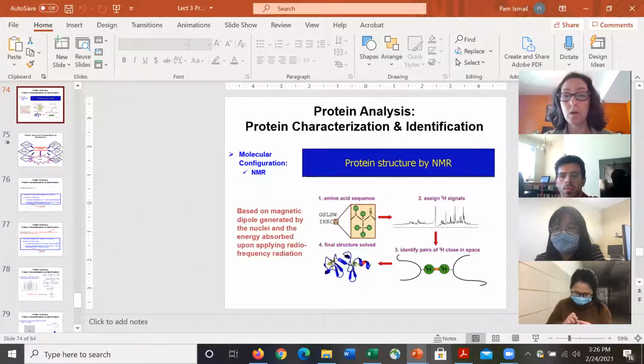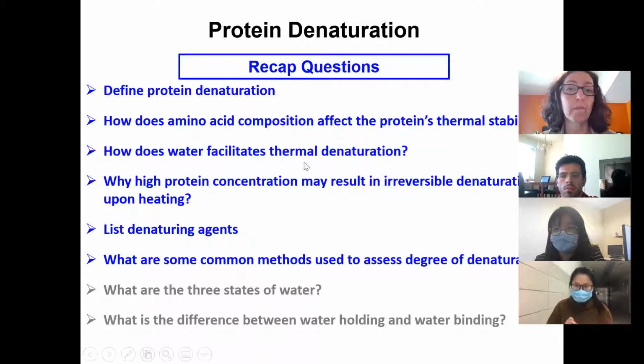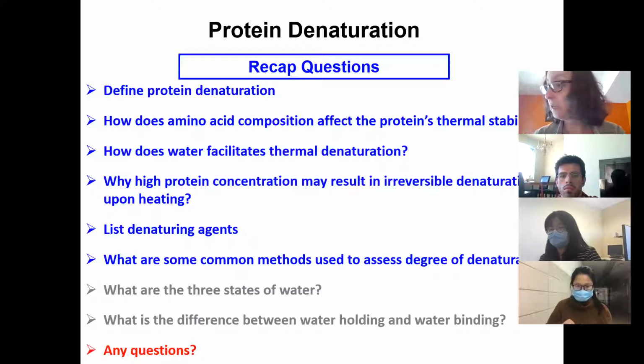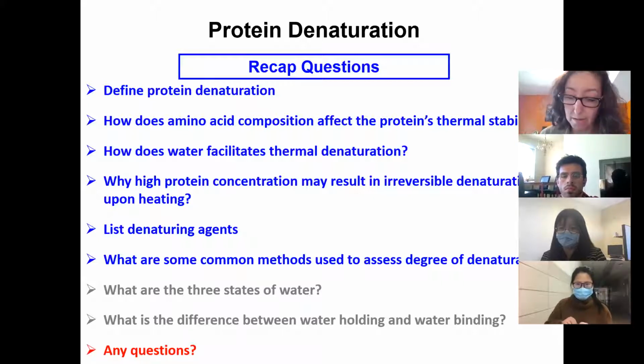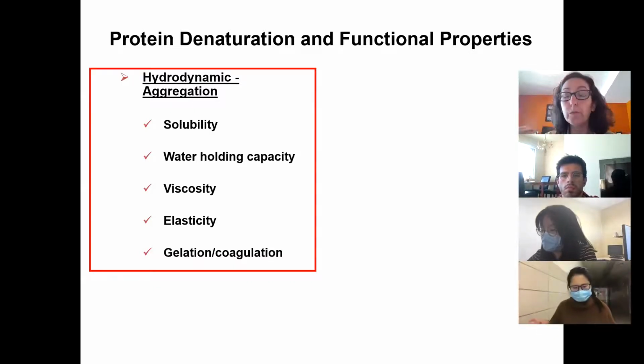Okay. All right. Any other questions? Okay. All right. So that's that. The other two in gray are related to what's coming. It depends on when I stopped last time. Okay, so we're going to go on and talk about functional properties, but I want to categorize the functional properties into two groups for you.